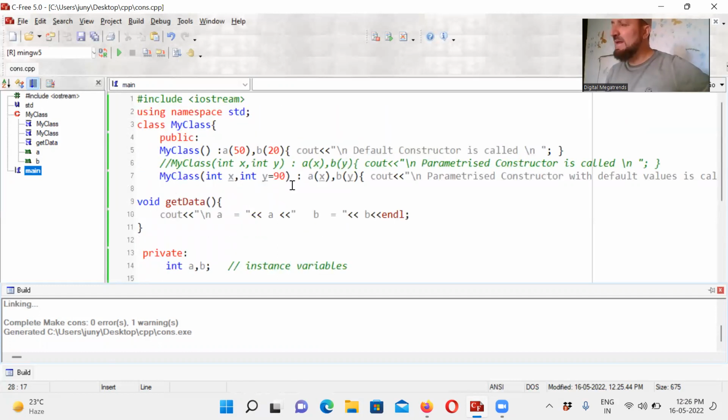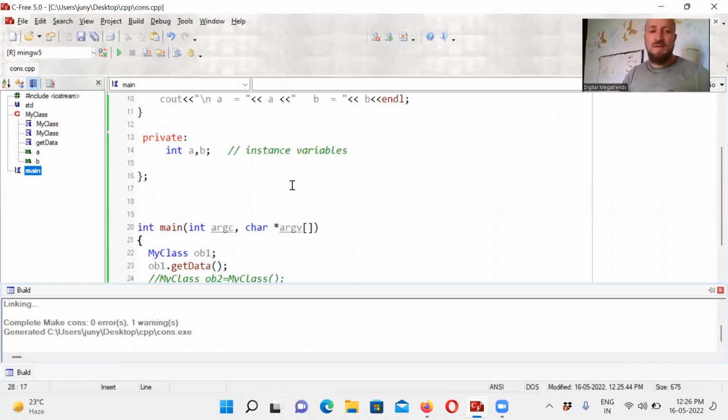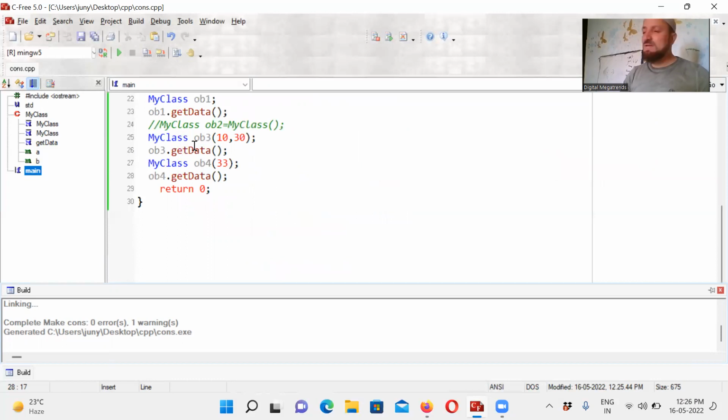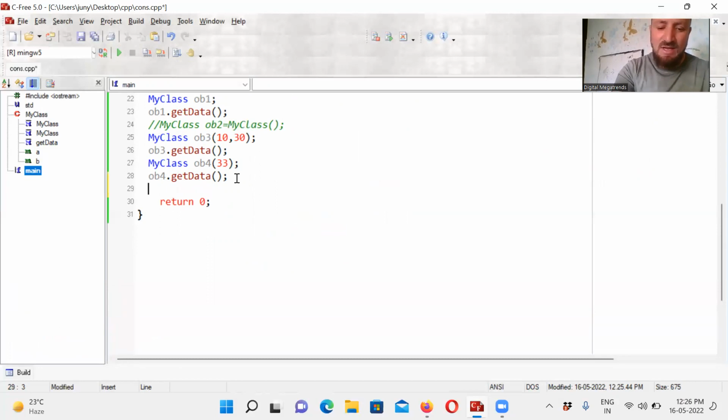So it's called a parameterized constructor with default values, okay? Now if I am sending an object, like OB4 or OB3 or OB1, from here to the constructor, OB1, OB2, OB3 can't go normally, they can go by reference. So that means if I am doing like this, I am creating a class, my class,